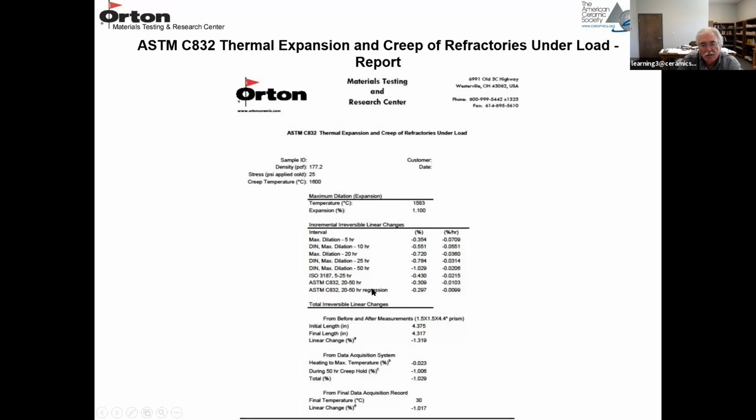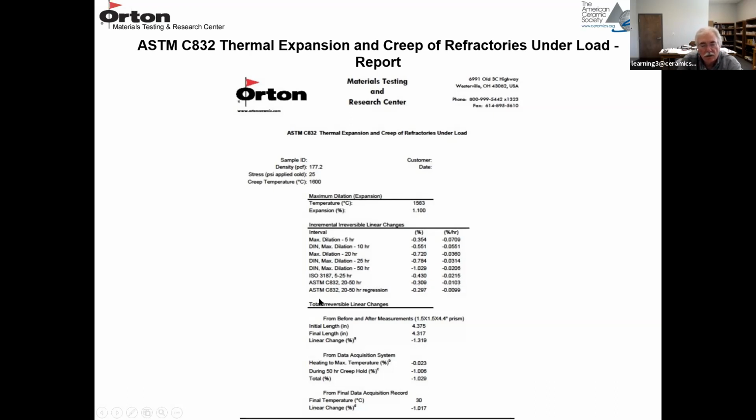And then there's a lot of ways to look at the steady state creep region. This is the 20 to 50 hour creep rate. So this is average between 20 and 50 hours minus 0.309%. And if you do percent per hour, it's minus 0.0103. And that's just taking the point at 20 and 50 and drawing a straight line and calculating those rates,